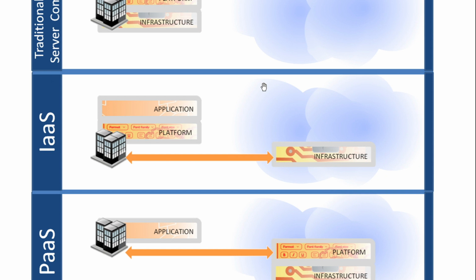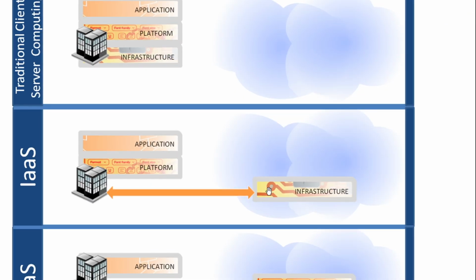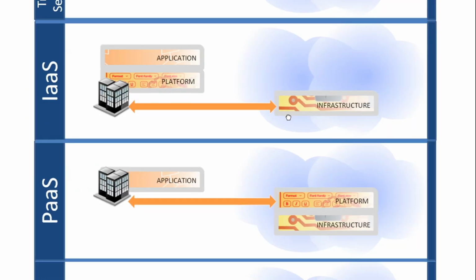Now when you have the cloud, you can just outsource the infrastructure to the cloud. So on the right side, you have the cloud. You hosted the infrastructure in the cloud, and then you are running your platform and your application on your own network. This is actually running on top of this infrastructure, but what you are managing is the platform and application. You are not managing the infrastructure. You are not bothered about the complexity of the infrastructure.